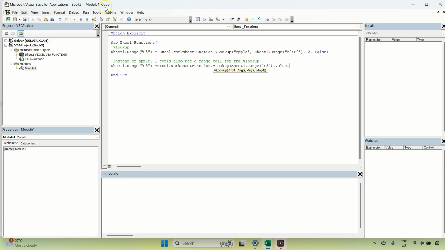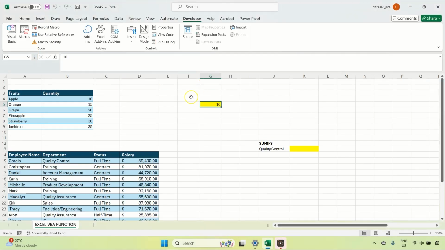Now if I want to extend my code into the second line, then all I have to do is hit space, underscore, and then move to the next line. So now it's a continuation. The table range, once again, is A3 to B9, and I want the second column and an exact match. Now on F3, I'll just have some fruit. I'm going to just name it apple. If I run the macro,